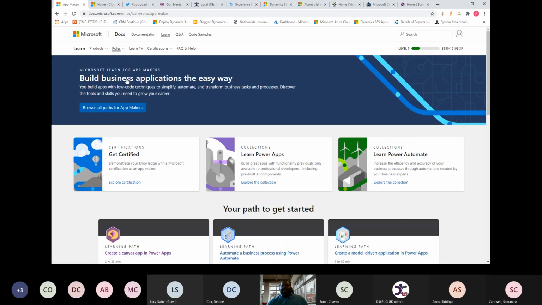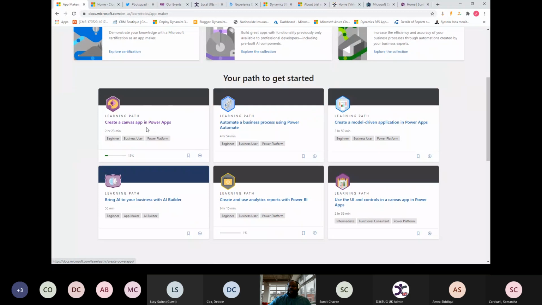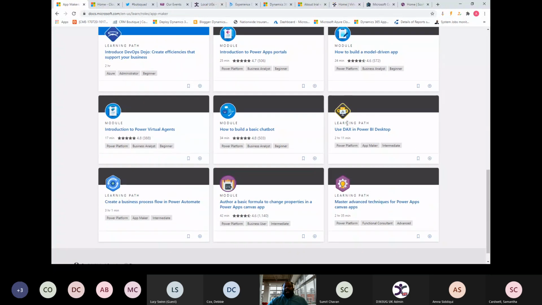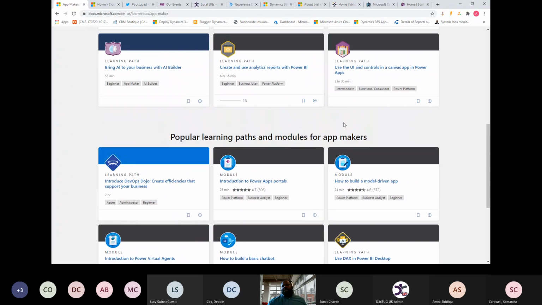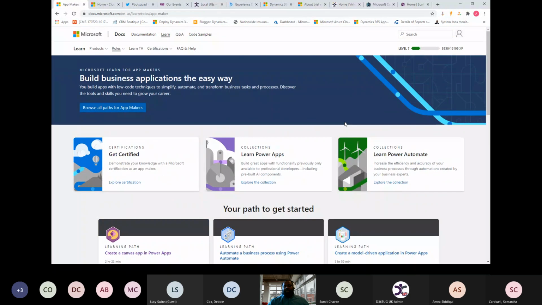What you see here is that it starts telling you the learning path, which is to create a Canvas app, automate business processes, and create model-driven applications. There's quite a lot of information in here. That's why the initial phase is very important, to focus on the path you want to go on. Because if you are not 100% right on the path you want to go onto, you'll get here,